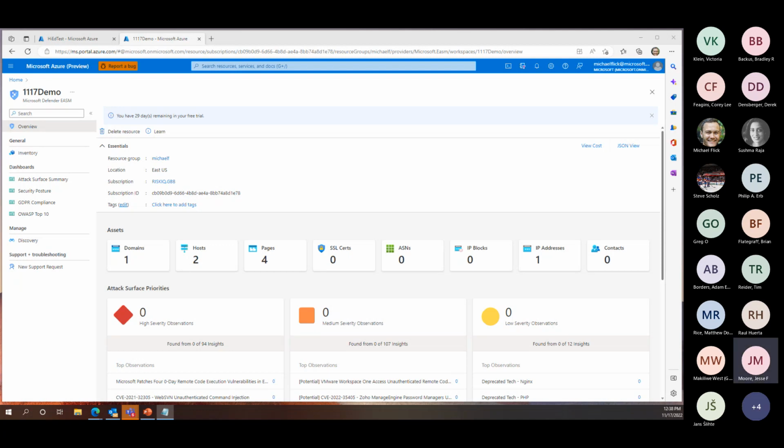Hey, yeah, I have a quick question. Thanks for the presentation. Great stuff. I may have glossed over this, but how do you bring the host into this platform to be able to scan against your external surface? Or is it just completely external and you don't even need our host? Yeah, so great question. You have the opportunity to give DEASM the hosts. But during that discovery process, if we use myuniversity.com,